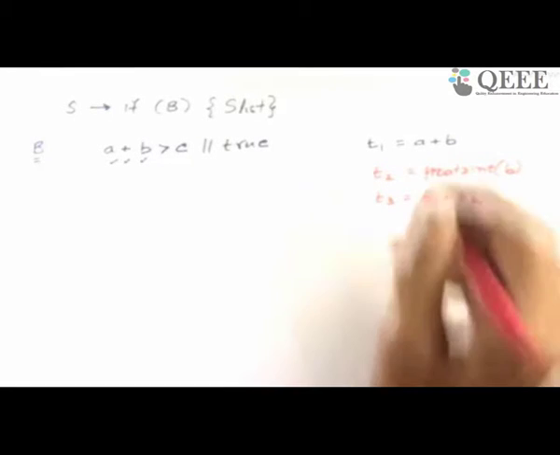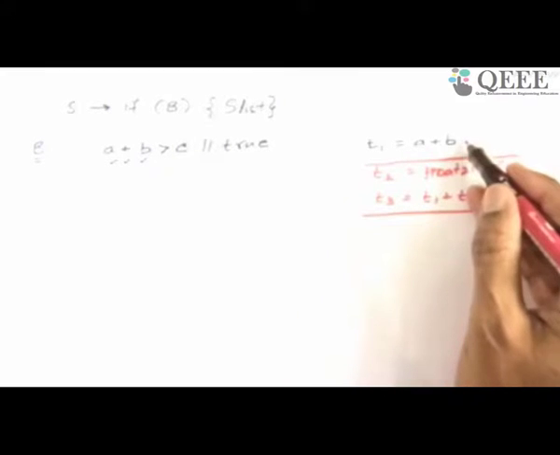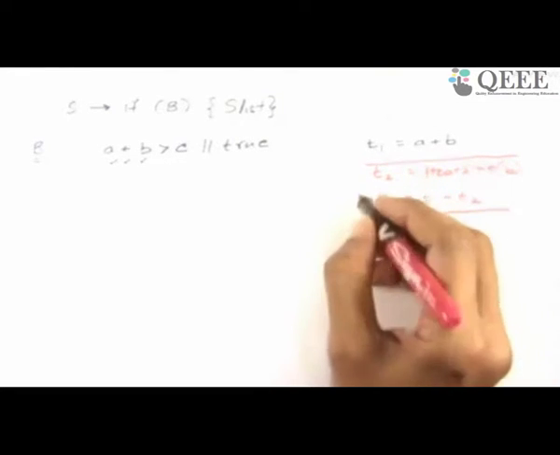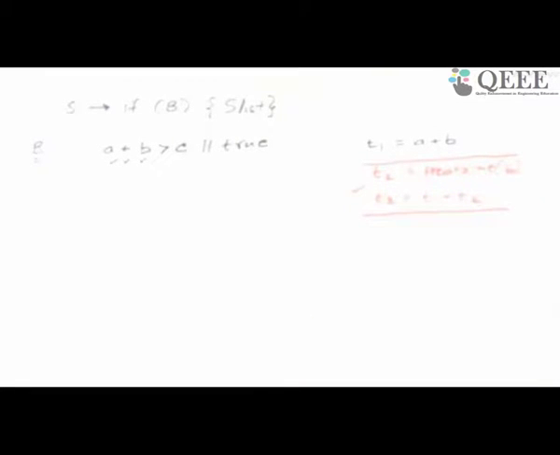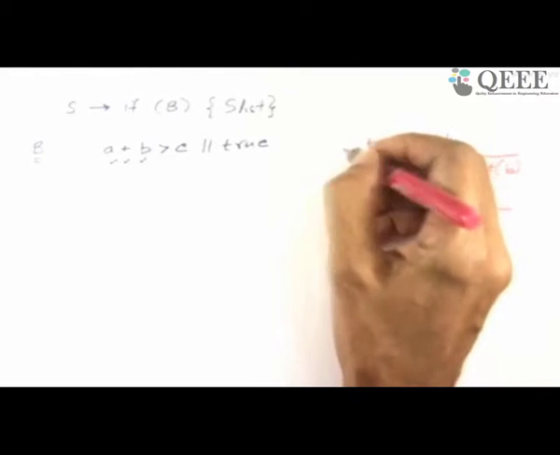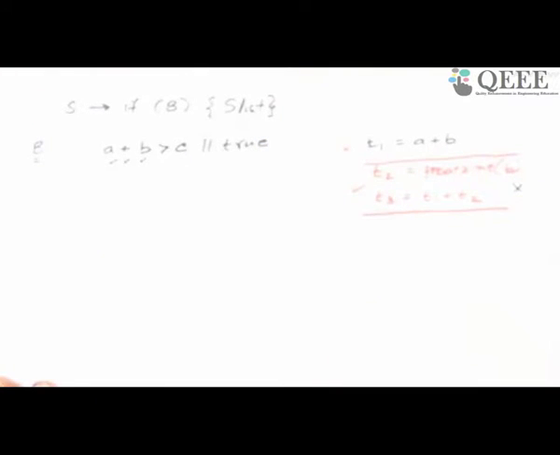What I'm trying to tell you is these are two different codes being generated depending on whether the types are compatible or not. If the types of A and B are not compatible, semantic analysis of the compiler will tell it to convert one of the operands to that of the other as per the rules of the language and then do the addition. So it is this code or this code, one of the two will be generated. Let me assume for simplicity they are all compatible. So I get away by generating the code T1 equals A plus B and ignore this for the moment.